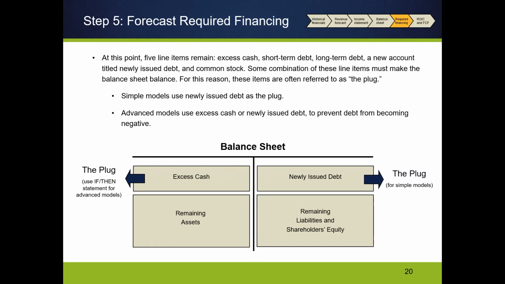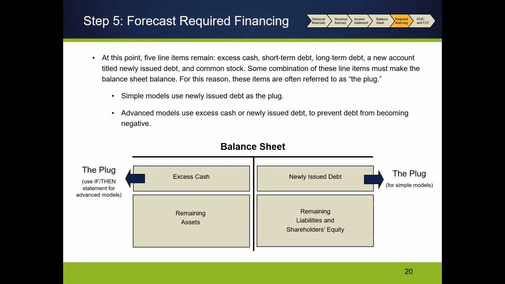If the financing side of the balance sheet, owner's equity and liabilities, has increased in value more than assets have increased in value, then the unbalanced part will be that liabilities and owner's equity exceed assets. But that doesn't make any sense. The firm doesn't have more financing than it has assets. That excess financing gets put into a savings account, and the savings account on the asset side is the cash balance. So we raise the cash balance by the difference, and then the balance sheet will balance. So the plug is the excess cash that we put into the cash account.